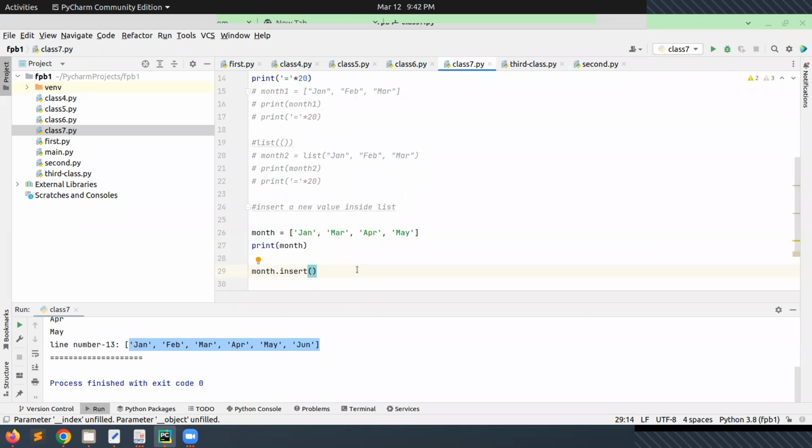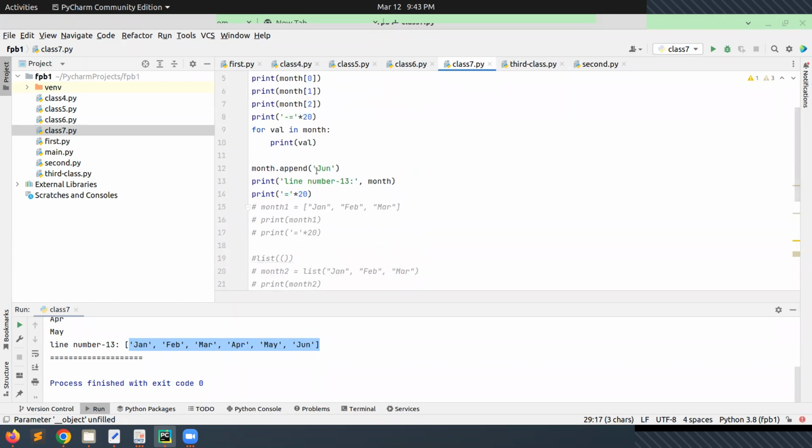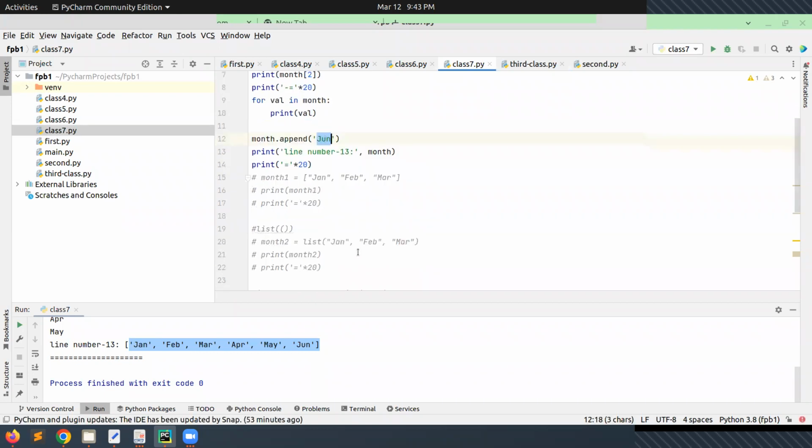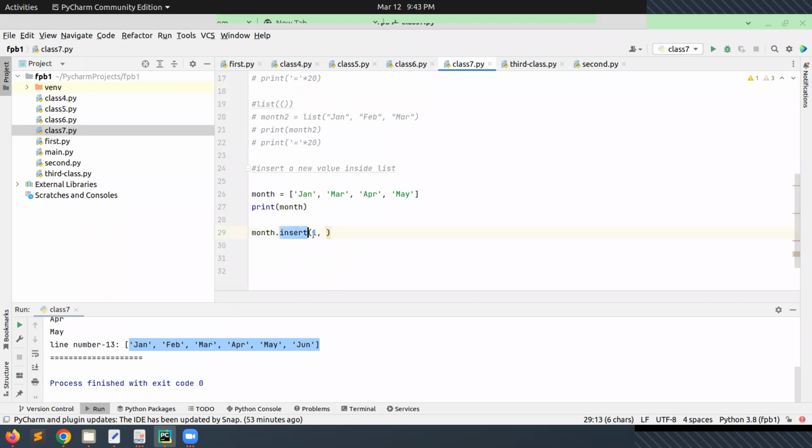in one position we need to give 1. It means we always need to pass two values inside the insert function. While inside the append function we use only one value, the value we want to add, in the insert function we need to pass the index value also and the value also. Okay, so here if we want to pass February,